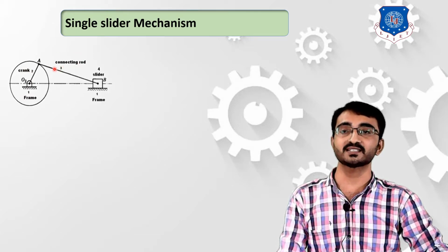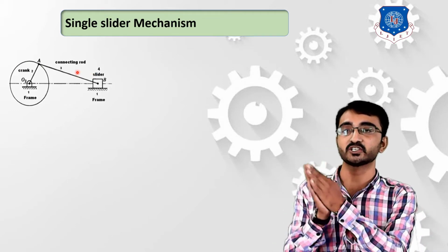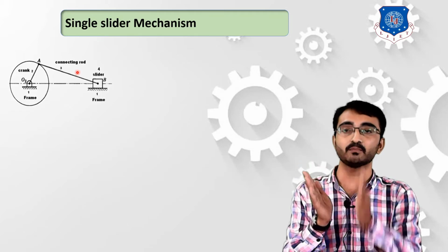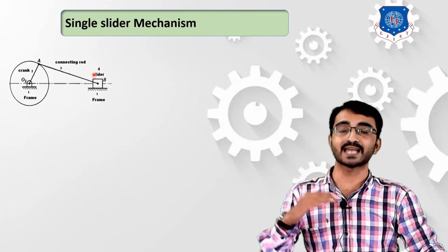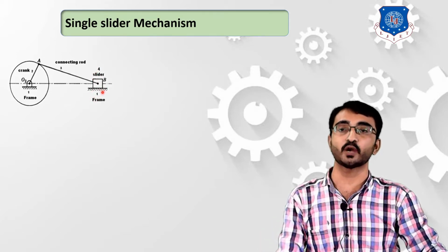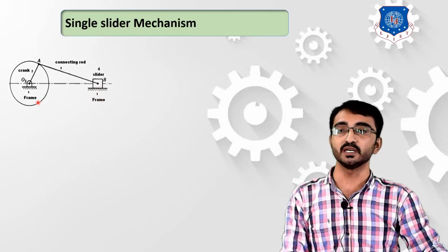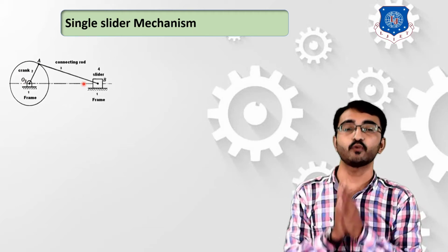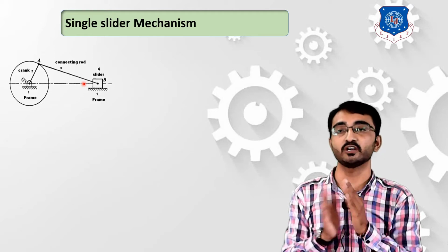Now this crank is connected with link number 3, which is known as a connecting rod. The function of this connecting rod is simply to transmit the motion from the crank to link number 4, the slider. A slider is a component which slides, and this slider will be sliding with respect to some fixation point or frame, again link number 1. So in this mechanism we have 4 different links: the crank, connecting rod, slider and the fixation.